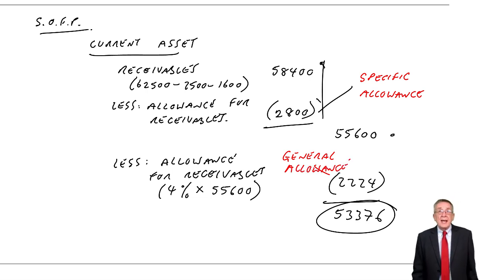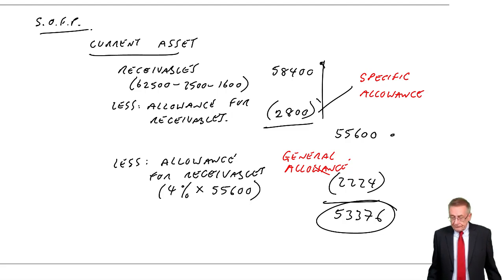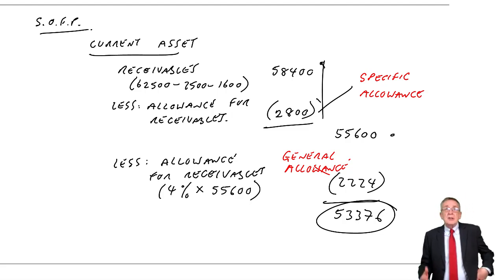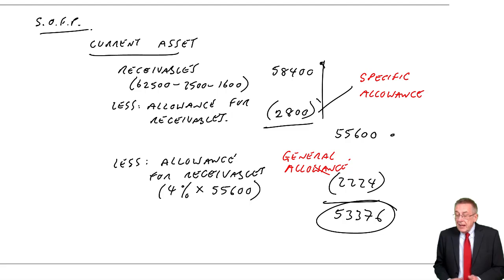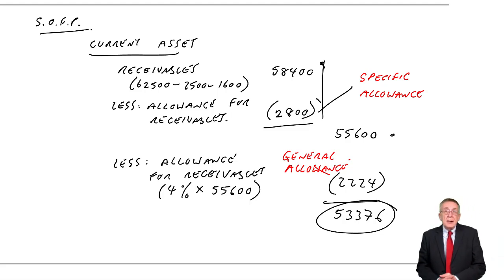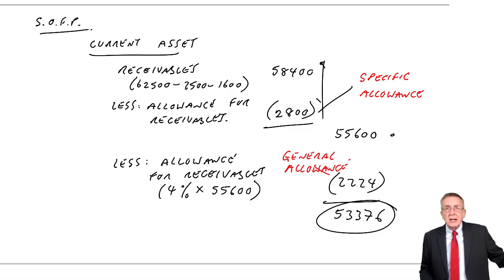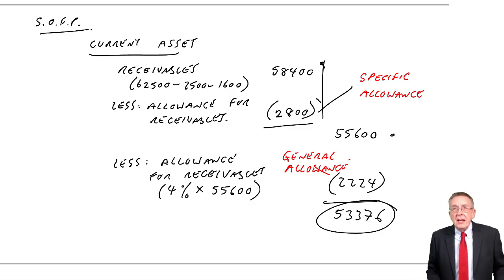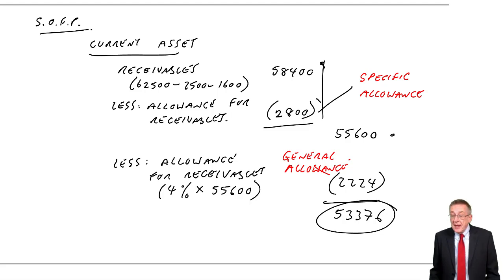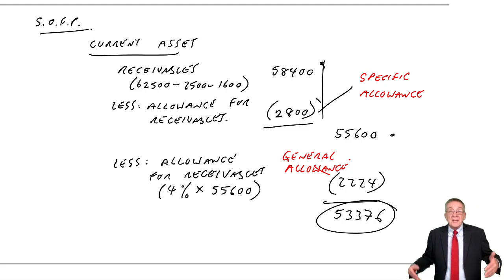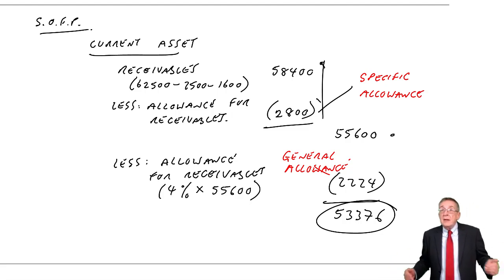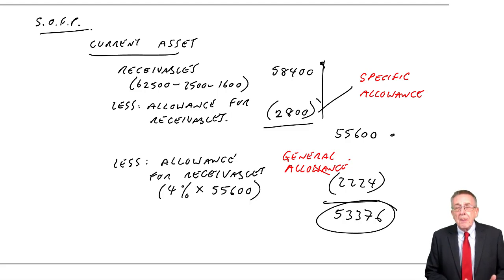Now, as to why it's 4%, there's no rule here. It depends on the individual company. Some companies don't have any general allowance at all because everybody pays except one particular problem maybe. Other businesses, banks, have a lot of people end up not paying. They might have a much bigger general allowance. Might be 5%, might be 10%. There's no rule. In practice, it's whatever seems reasonable.